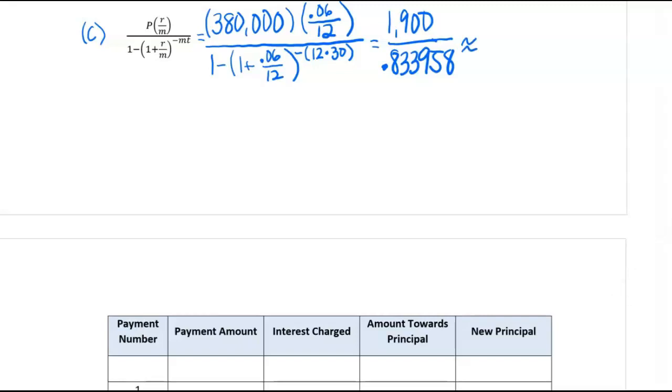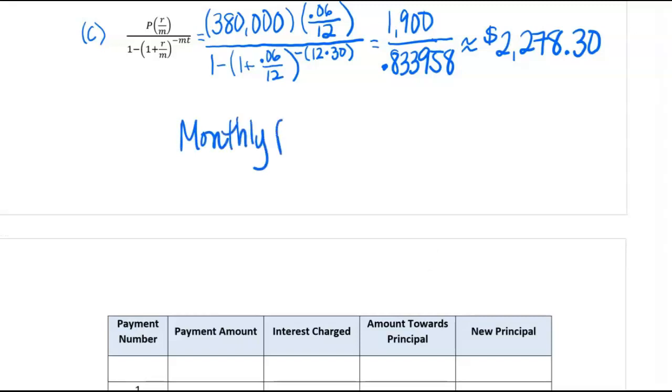Dividing 1,900 by 0.833958, we have Ching-Chi's monthly payment as $2,278.30. We always round up when we are calculating payments. We need to ensure that the whole loan is paid for. So, Ching-Chi's monthly payment is